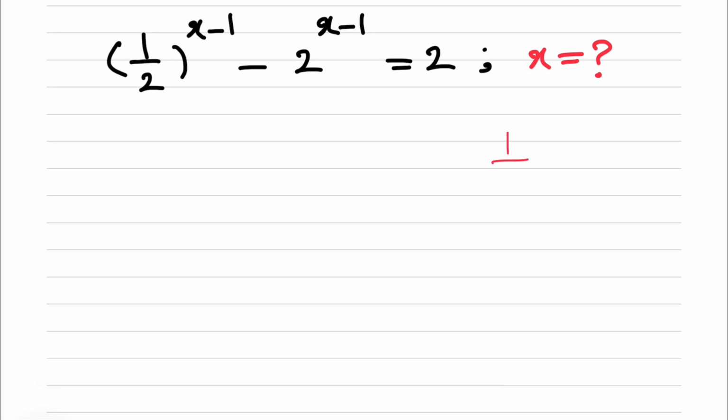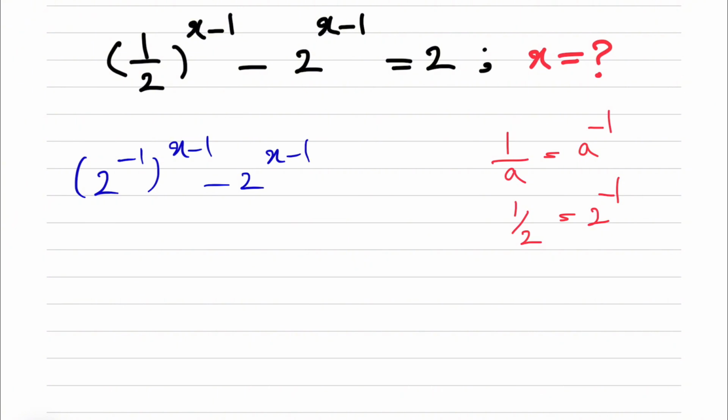We know when we have 1 over a, this will be equal to a to the power of minus 1. So if that's the case, our 1 over 2 in here would be 2 to the power of minus 1. So now we can have the same base in each of these two. So (2 to the minus 1) to the power of x minus 1 minus 2 to the x minus 1